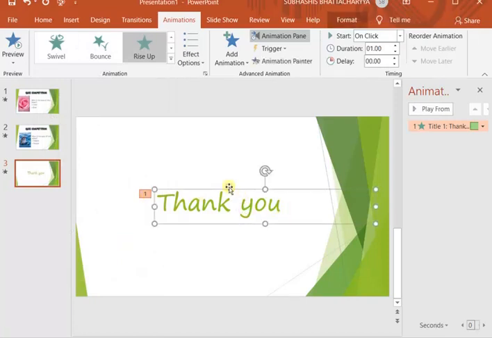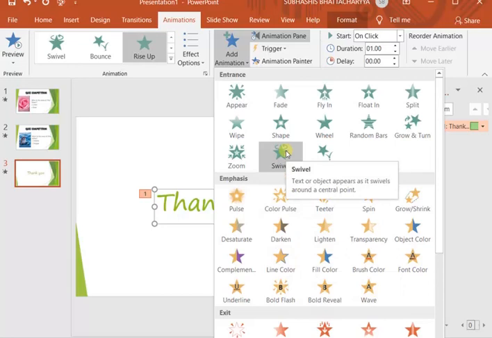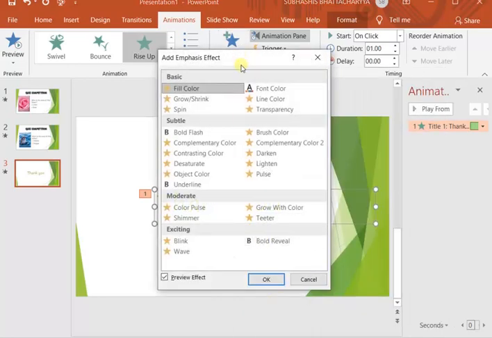Now I will give an emphasis effect. Click on it, add effect. Under emphasis: entrance means the entry of an effect that will make something look like it is entering. So that is the entrance effect. Emphasis means already it has entered the slide. Now it will be focused. Emphasis means a focus effect. That means already it has come to our stage. Now the focus will be on that object. So for that type of focusing effect, we will select under the category of emphasis. More emphasis effects.